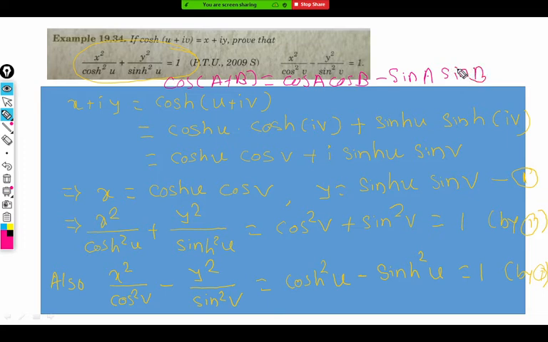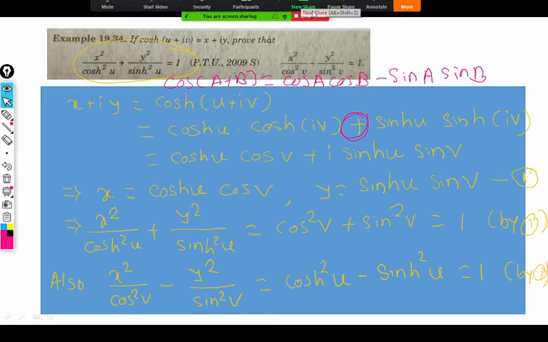Now, if we want the hyperbolic identity corresponding to that circular identity, first we replace circular functions by corresponding hyperbolic functions. So it becomes cos hyperbolic of a plus b, cos hyperbolic a, cos hyperbolic b, sin hyperbolic a, and sin hyperbolic b. The second point of Osborn's rule says whenever there is a product of sine functions, it is negated. Negated means if it is a minus, it is converted to plus; if it is plus, it becomes minus. Because of that, this plus sign appeared there. I hope it's clear now. We already discussed this in the last session.